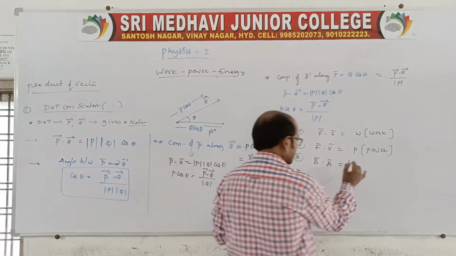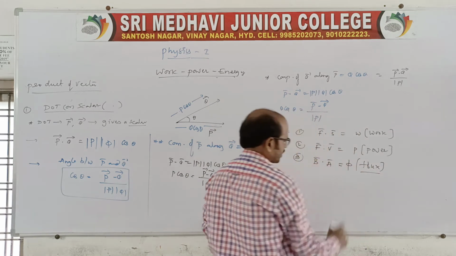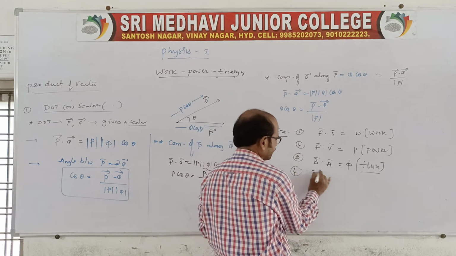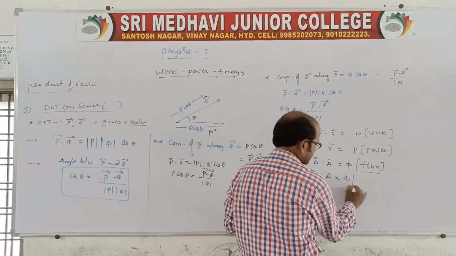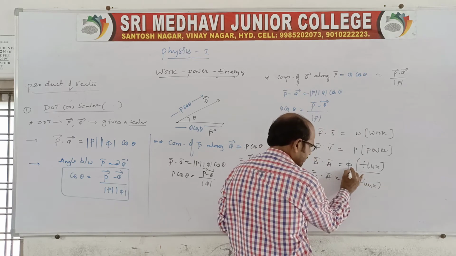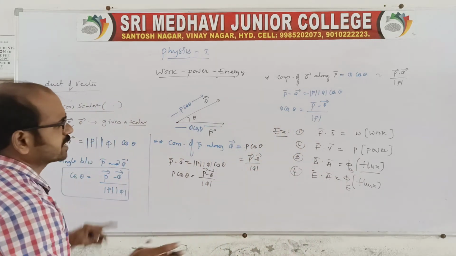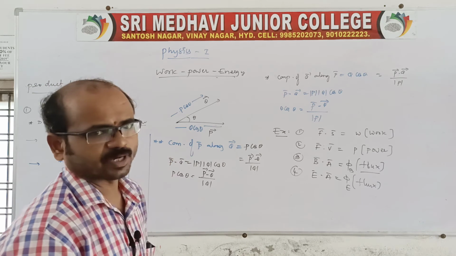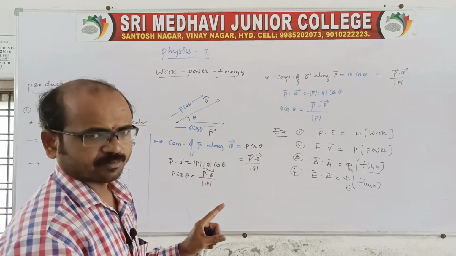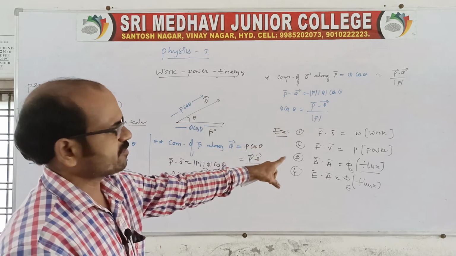Flux is the magnetic flux. Suppose you want another example, electric field dot area. Again you get flux, but in this case we call it electric flux, and in the other case it is magnetic flux. So like this we have examples related to dot product. We have other examples also, but they are not required right away, because we are only discussing work, power, and energy. So work we know, power we know.